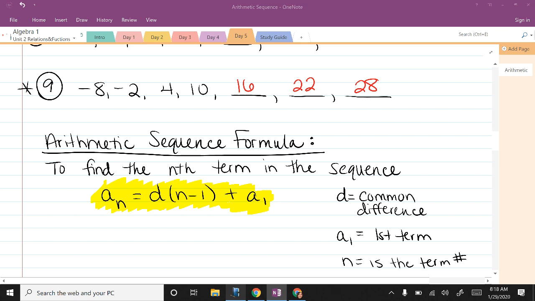Okay, so we're going to use this formula to find a certain term in a sequence. Because like I said, I don't want to do 200 terms to find out the 200th term. I don't want to be adding 200 times to something. Okay? Especially if you have to go down to the negatives, right? All right. So,